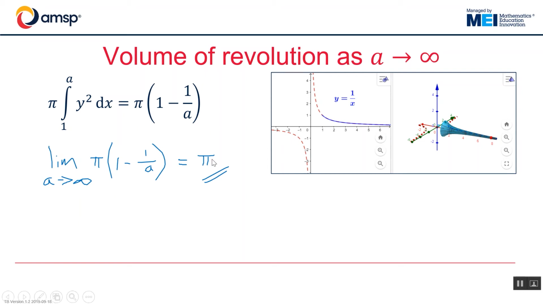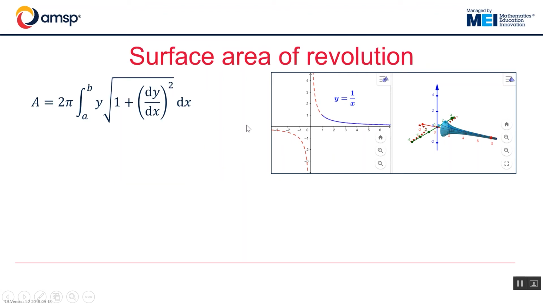Now we can look at the surface area. Well, surface area is beyond the spec for students, but this is the integral that will give the surface area of revolution. I wouldn't expect students to learn and know this, but it's an integral that they should be able to work with. So let's have a go at doing this integral. And we get that the area is 2 pi. Again, we're going to go from 1 up to A to begin with, and then think about what happens as A tends to infinity. 2 pi times the integral from 1 to A, y is 1 over x, multiplied by the